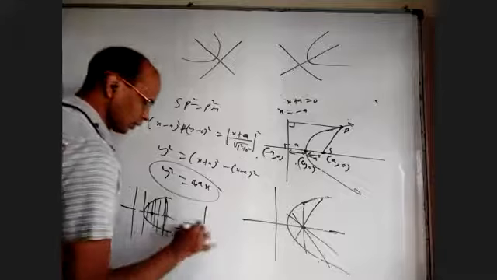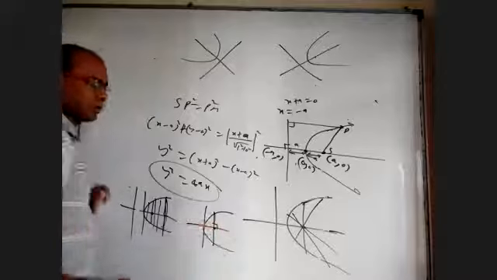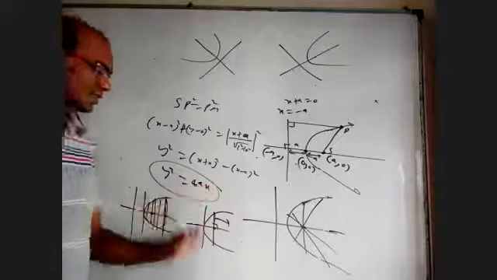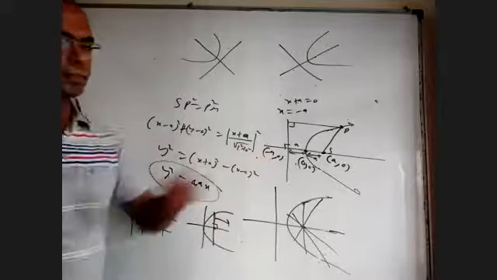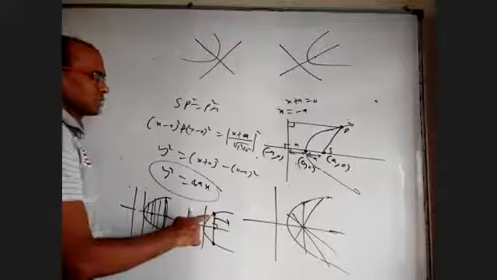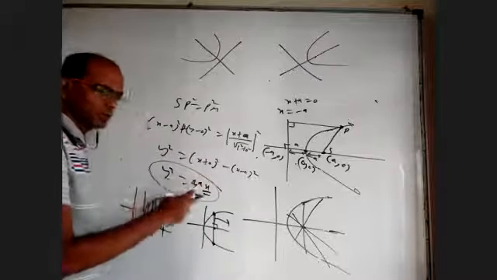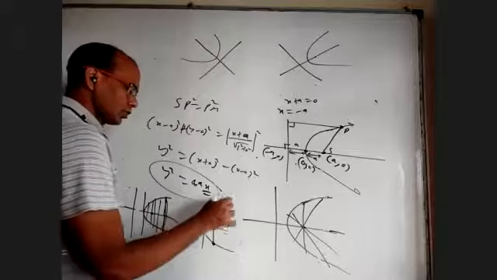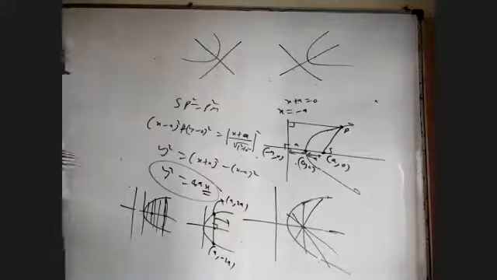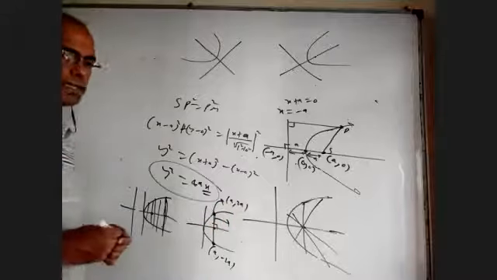But there is one chord which is focal chord also, double ordinate also, and that chord is called latus rectum. Its equation is x equal to a because passing through (a, 0) here. How to find these ends of the latus rectum? Because x coordinate is a, substitute in the parabola. When you put x equal to a, you get 4a into a, 4a square. Y square is 4a square, means y equal to plus 2a or minus 2a. So this point is (a, 2a). This point is (a, minus 2a). Right? So (a, 2a) and (a, minus 2a) are the ends of latus rectum.